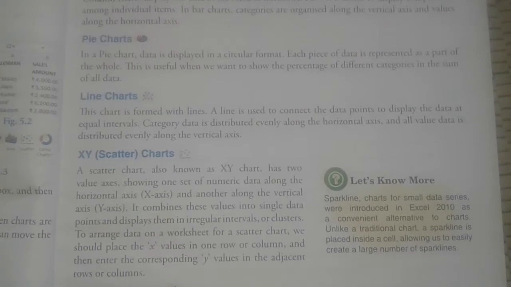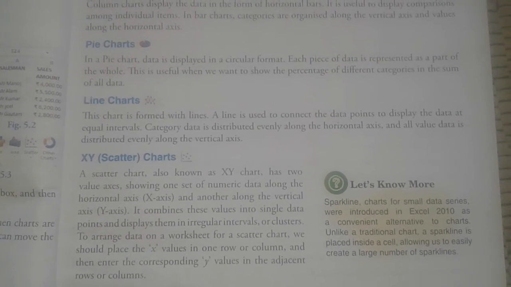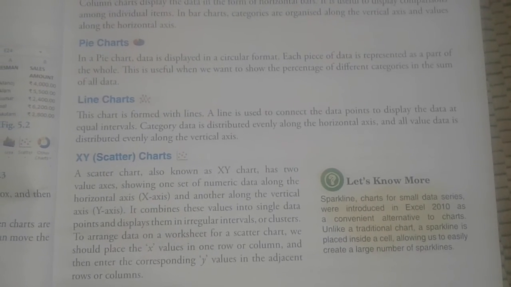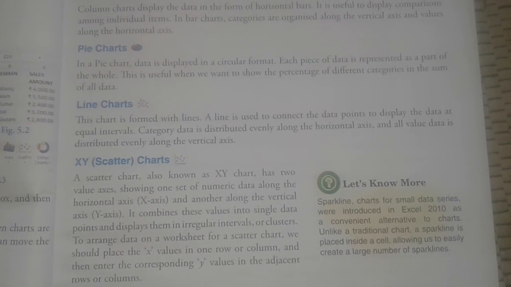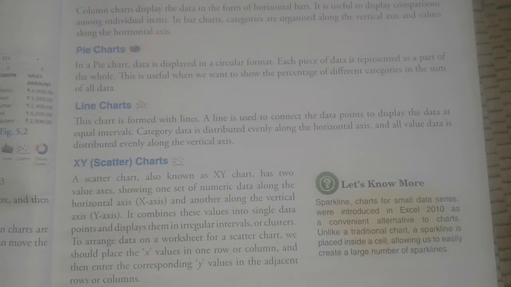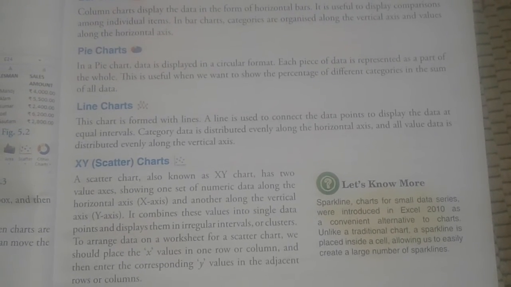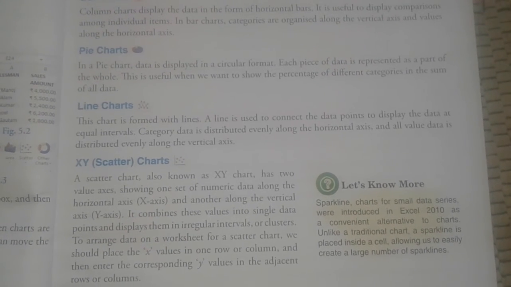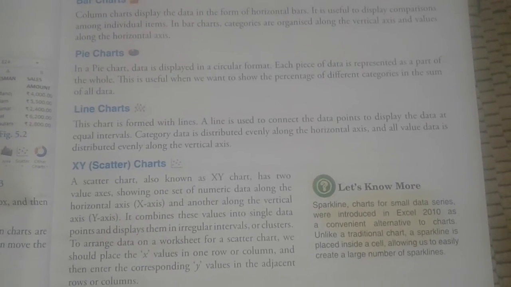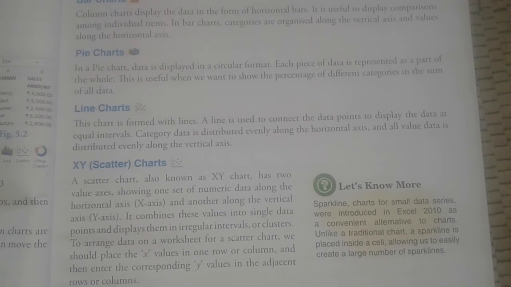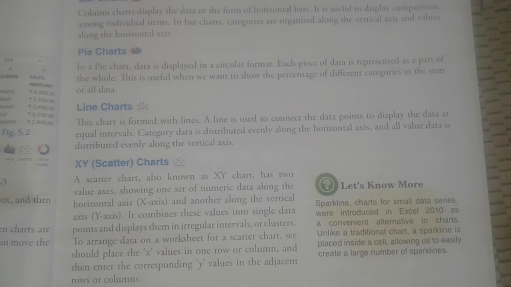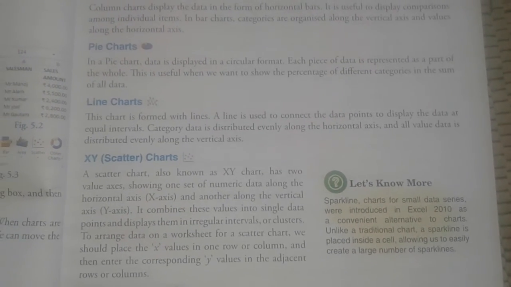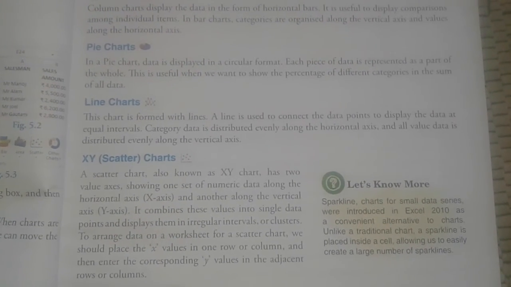And how to create a chart? On the worksheet, arrange the data you want to plot in a chart. The data can be arranged in rows and columns. Select the cells that contain the data that you want to use for the chart. On the Insert tab, in the Chart group, do one of the following, whatever you want. Click on the chart type and then click on the chart subtype that you want to use to see all the chart types available.